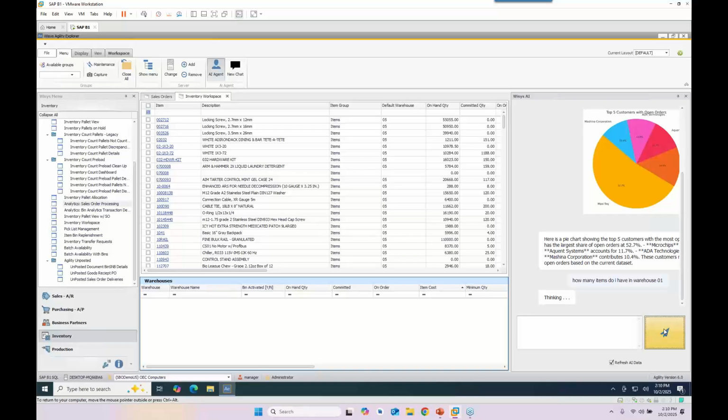And I can ask it a question based on what items are in my warehouse. I could drill even further into that. Maybe it's minimum stock level quantities. Do I have enough to fulfill my orders? Do I have enough in there for minimum stock levels? I can ask it questions in any natural language that I speak into it to present and then